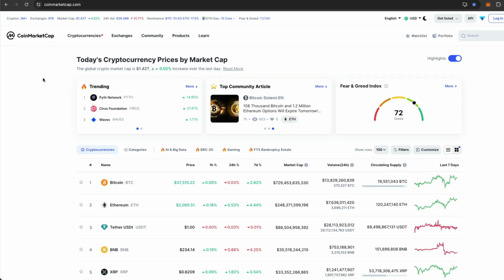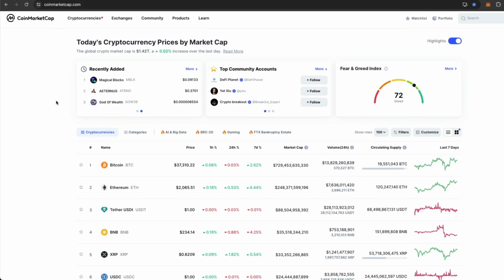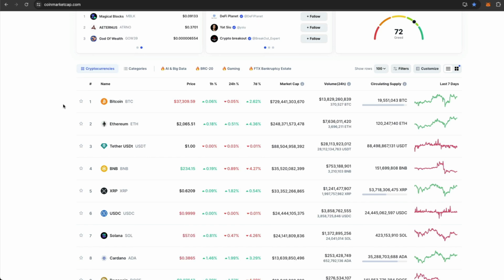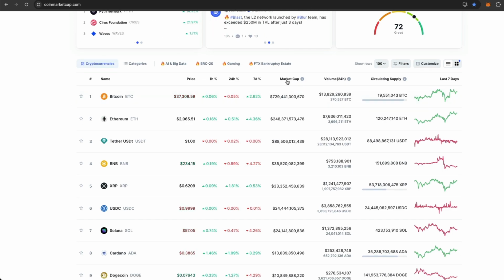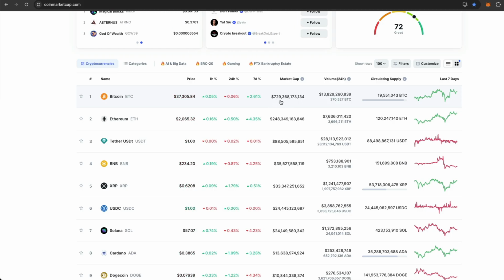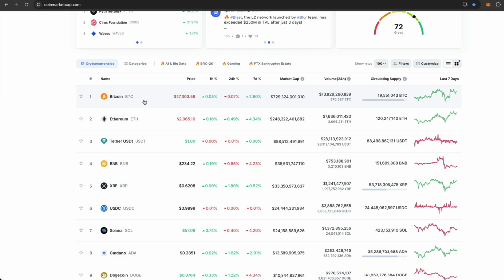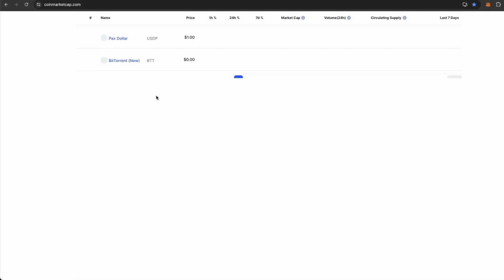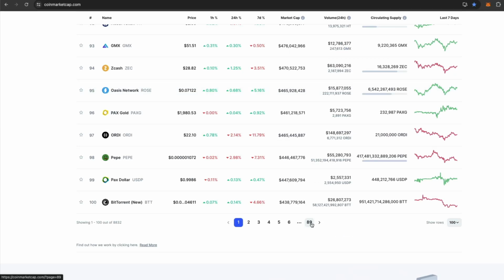The first one that I would suggest is CoinMarketCap, which just gives you an idea of what the top blockchains are. And you can see that they're organized by market cap. So the blockchains at the top here in the list are the ones that have the most amount of valuation for the blockchain. And you can generally think of it like the ones at the top of the list are like large cap stocks.